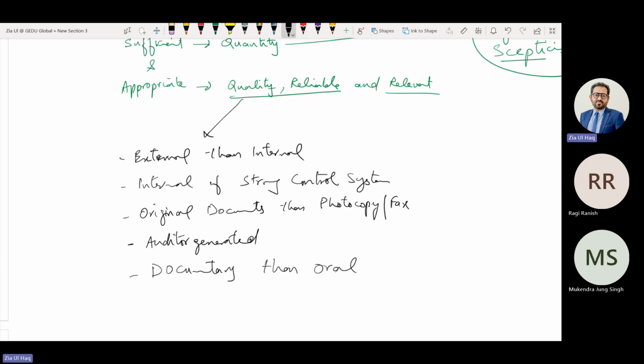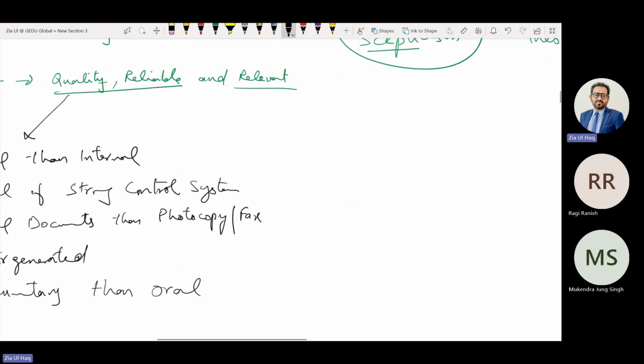If you are getting any information while discussing with any employee, don't just discuss. Ask them, okay, sign this page, you are providing me this information. Because tomorrow that employee could deny that they provided this information. So always focus on documenting written evidence rather than oral evidence, because that is more reliable. The audit evidence must be relevant.